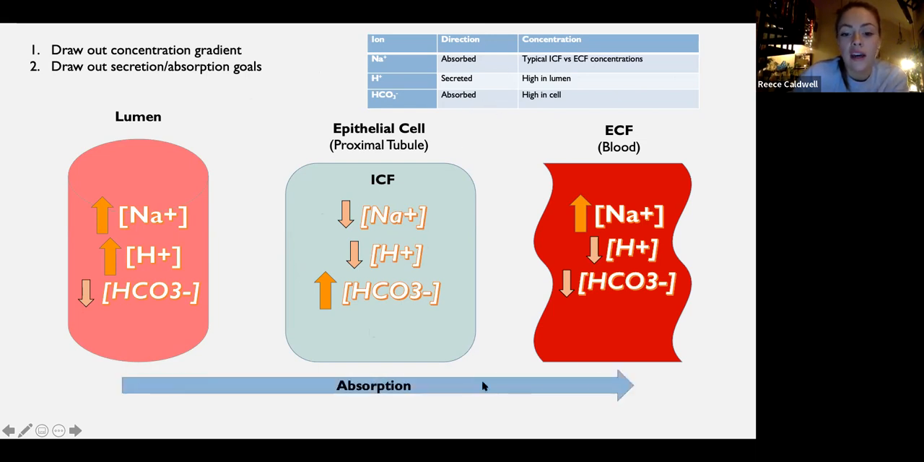So whenever we absorb, we move from the lumen into the extracellular fluid. So we move from the lumen through the epithelial cell lining the lumen into the extracellular fluid. So what is stated that we are absorbing in this situation is